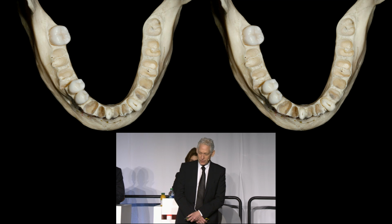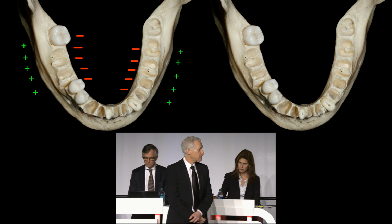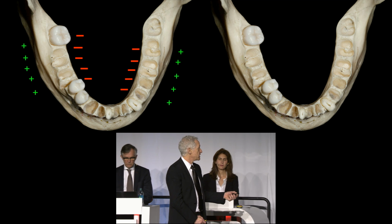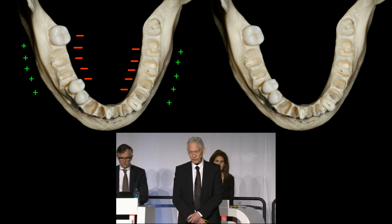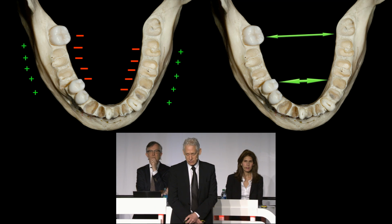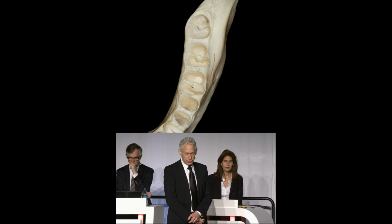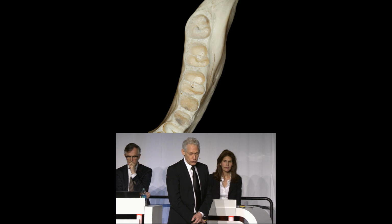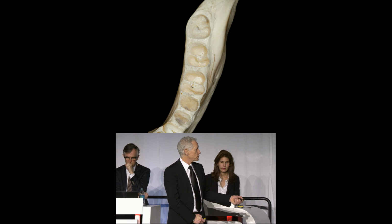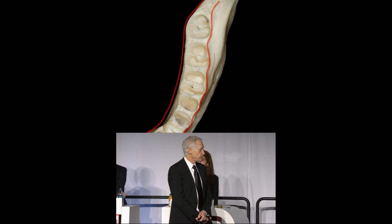So the initial thought of surgery and placing in the middle of the ridge may be wrong. Because what does happen is lingual resorption, which is much greater in the second molar, and apposition of bone on the facial. So we have increased intermolar distance, and at the canine area it stays the same or even reduced. So to simulate those situations for you, we took a lower jaw, we introduced some resorption, and now the center of the ridge is not the center of the ridge,